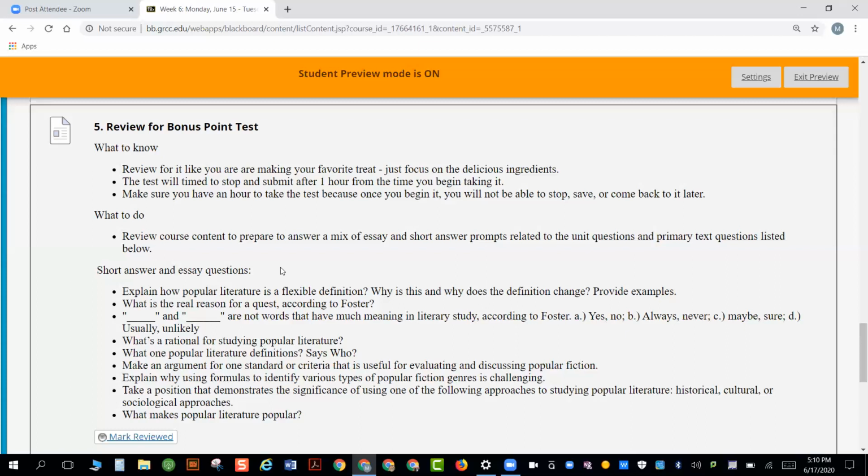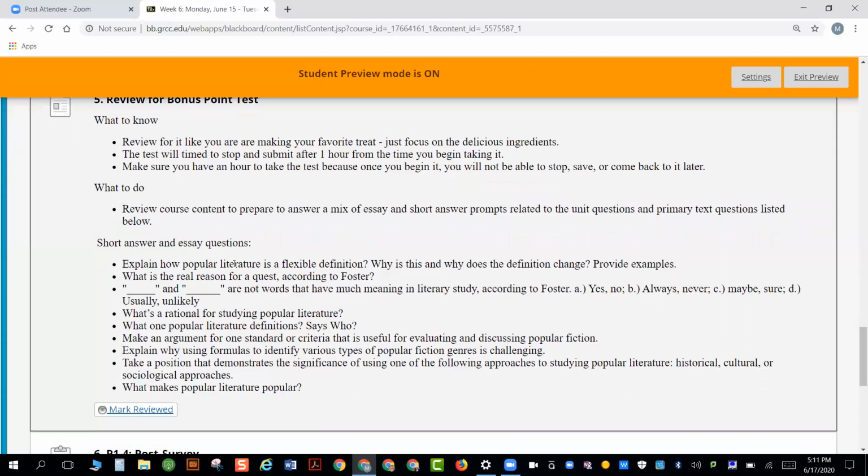The last point is I only have 75 bonus points to award during the semester. So if you look at all the bonus point opportunities I gave you, it likely would add up to be more than 75, but the most I would give is 75. I just try to give more opportunities to think about the content of the course. So that's my spiel on that.